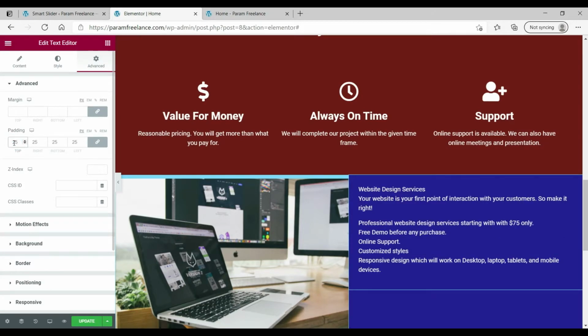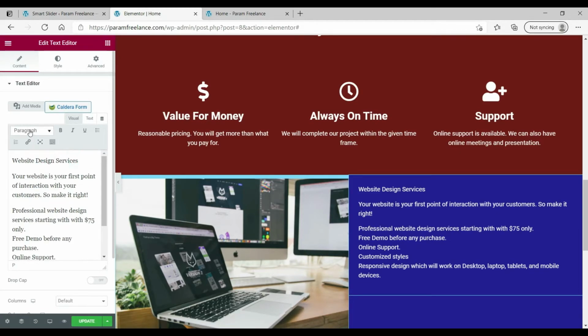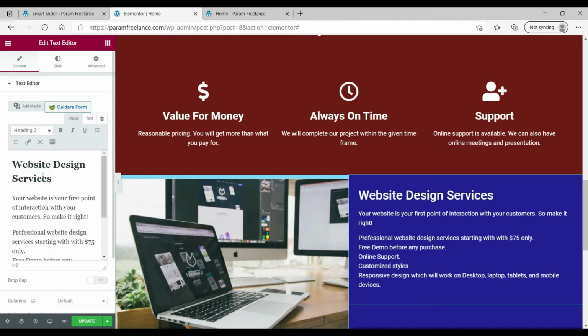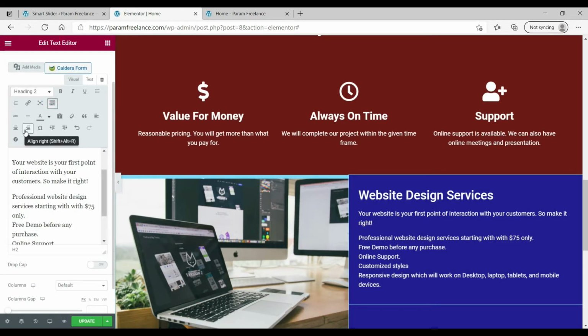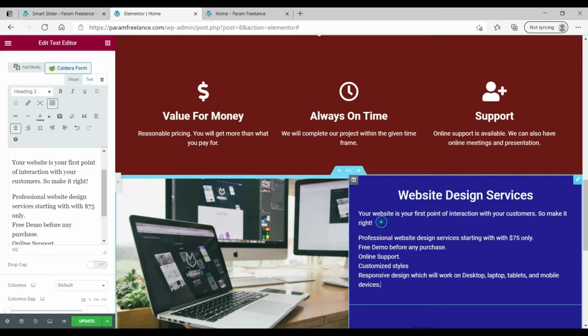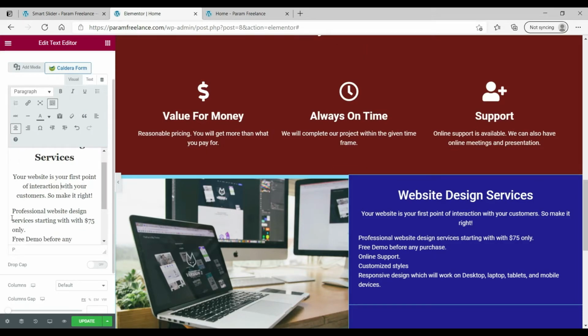It's okay. Now let's make this one heading and center it, align center. Okay, now this one also we will make it center. Now we will make this one bullet points, so click on this one, make it bullet point.